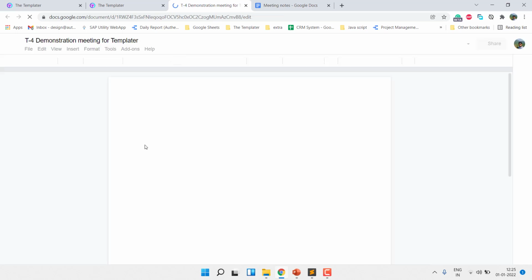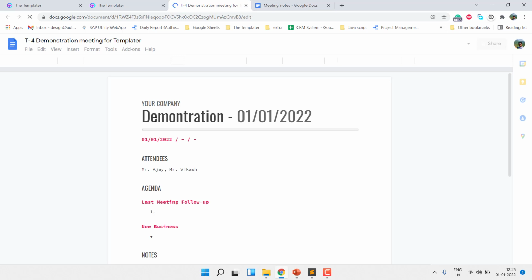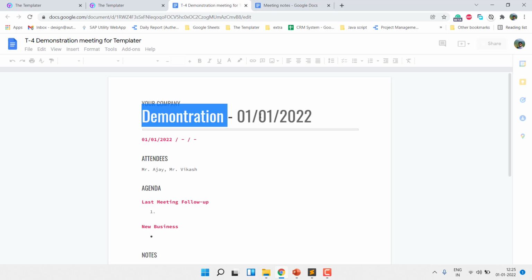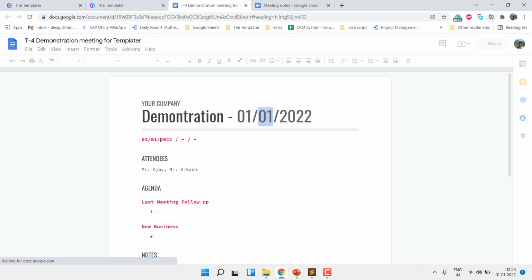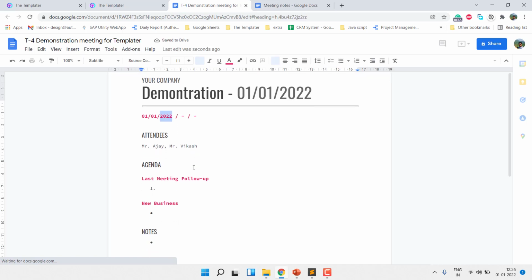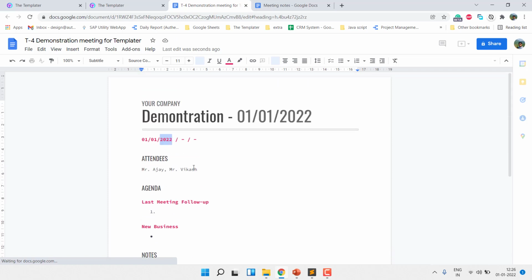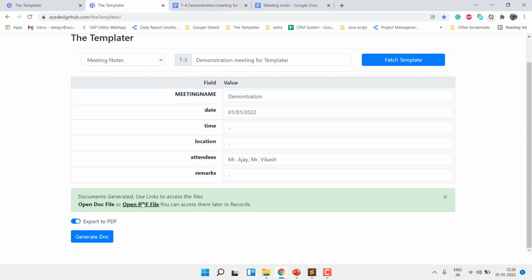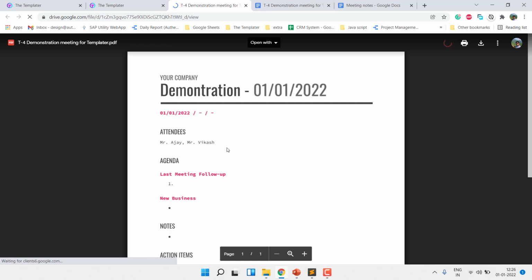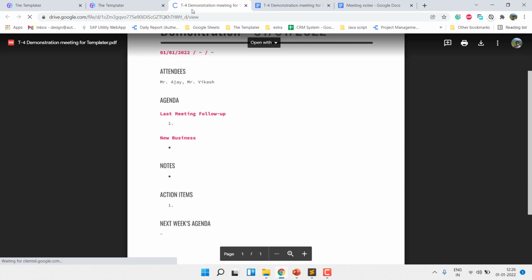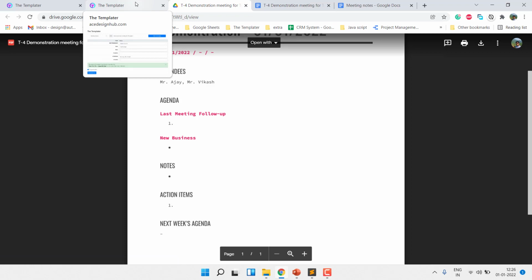that same template, its design, formatting, everything is the same. Only the text which we filled in our document generation window has been replaced. All the text which was in curly brackets and for which we provided information in the document generation window has been generated. Similarly, you can see the PDF file as well, which was selected while generating the document. So this is the PDF file from the same document. It is automatically named after T4, which was our current document number.